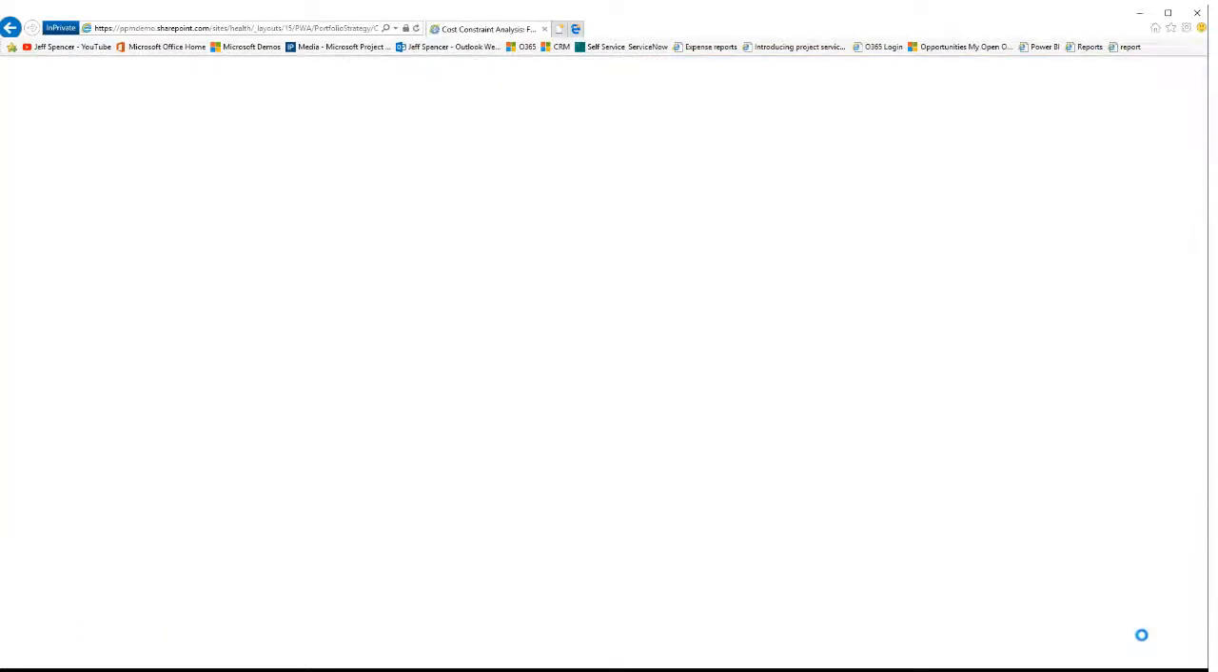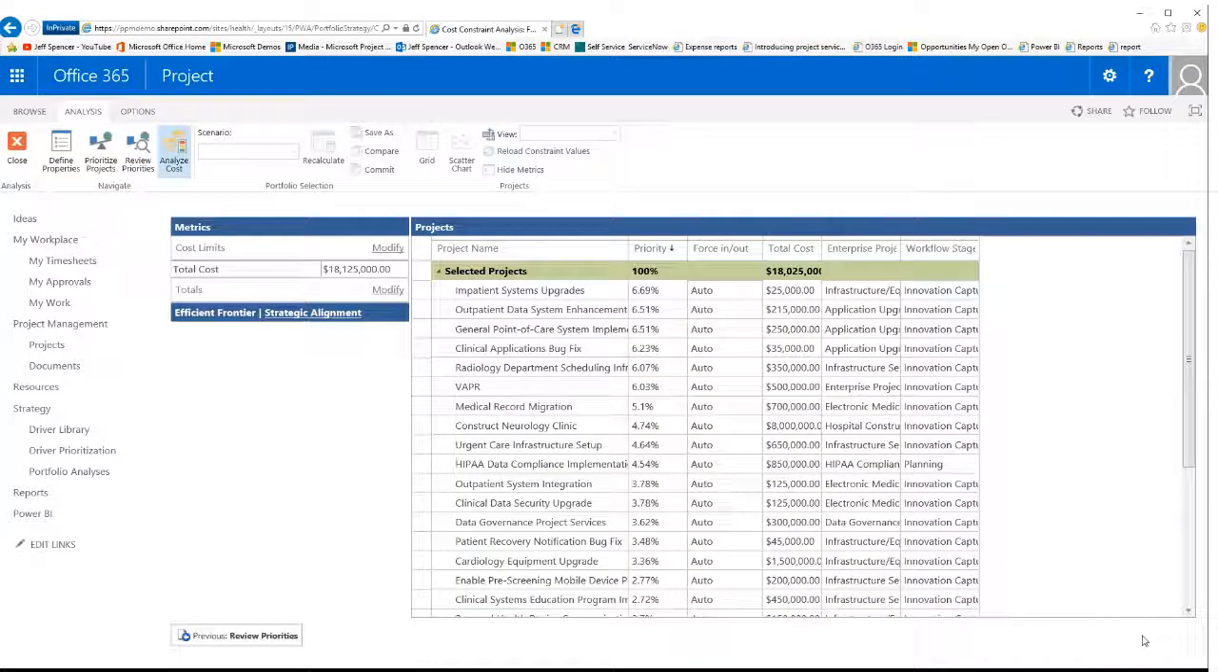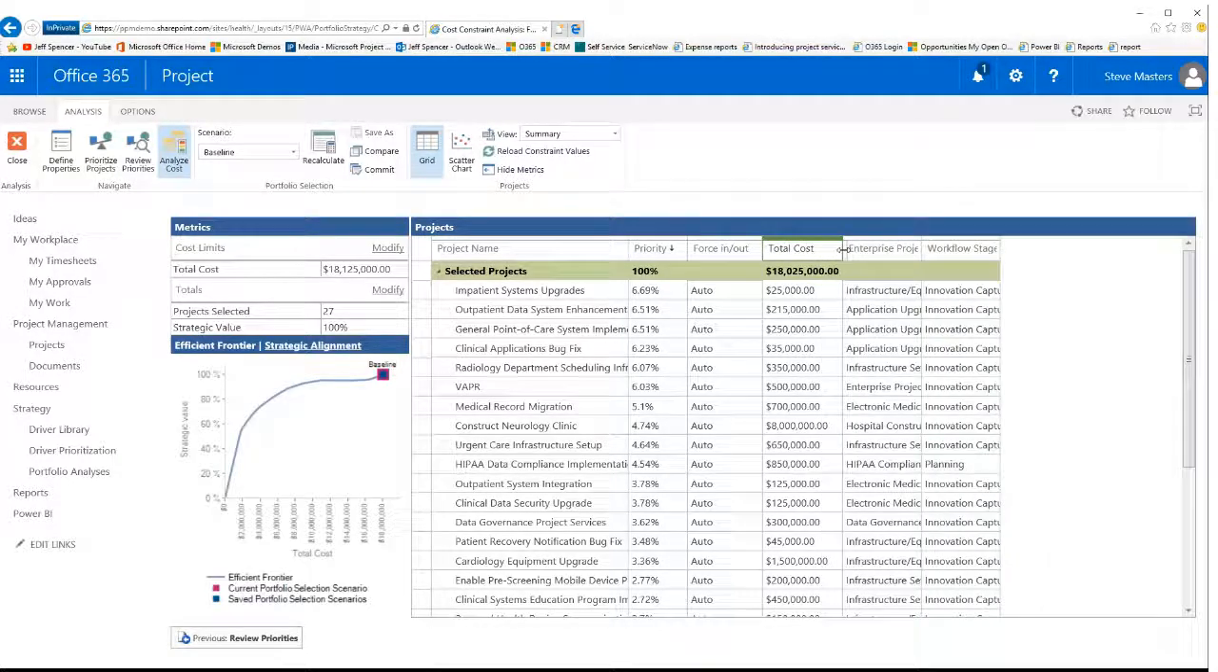Now let's see, do we have enough money to go execute all these projects? When I analyze cost, the project managers that proposed the project put in a forecasted budget for each project. And to execute this entire portfolio, we would need a little over $18 million. But let's say, for example, we don't have $18 million, that we've only got $16 million. So I'm going to type in $16 million